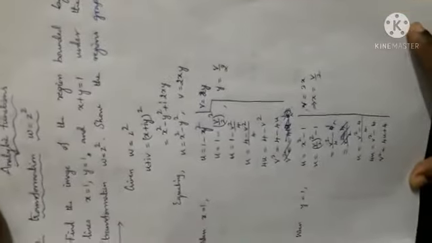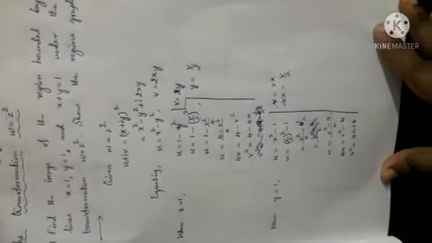If u is the real part and v is the imaginary part of an analytic function, then u and v are conjugate harmonic to each other. Definition of harmonic function: a function which satisfies Laplace equation is called harmonic function. So u is conjugate harmonic to v and v is conjugate harmonic to u. So Milne-Thomson method helps us to find f of z as well as conjugate harmonic.